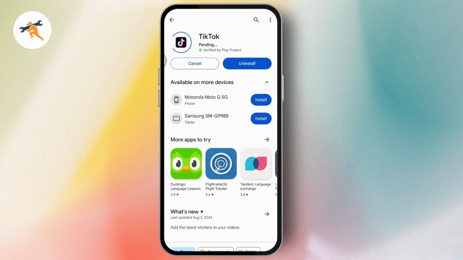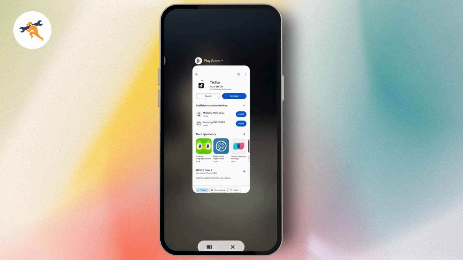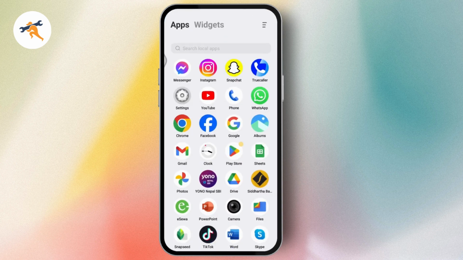So if you've not updated, then you will not find the streak feature. So make sure to update it. And once you've updated, now you can go back and open up your TikTok application and you will have that streak feature. But even after updating, if you don't have the streak feature, then what you need to do is